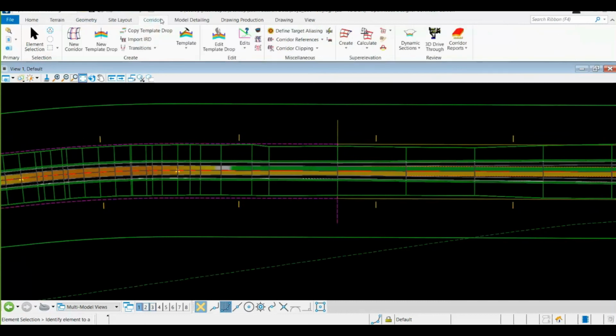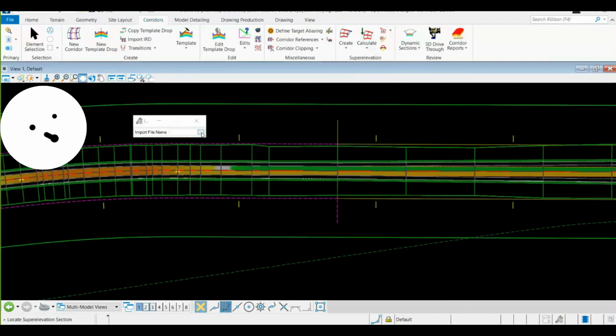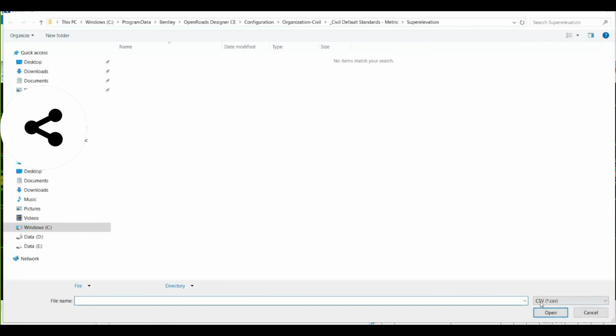Within the Corridor tab, under Calculate, you are going to get the third option, Import Super Elevation. When I click this, there's a small window asking us for the file name. We need to select these three dots, and you can see what file extension it is asking for: the CSV file extension.